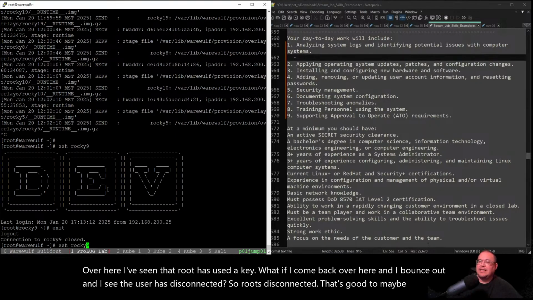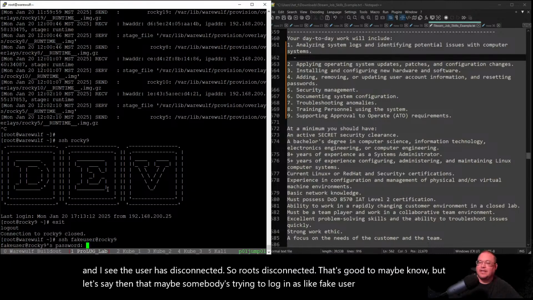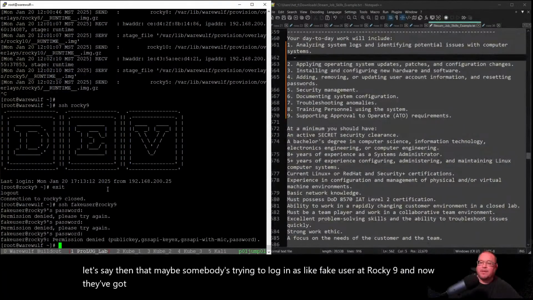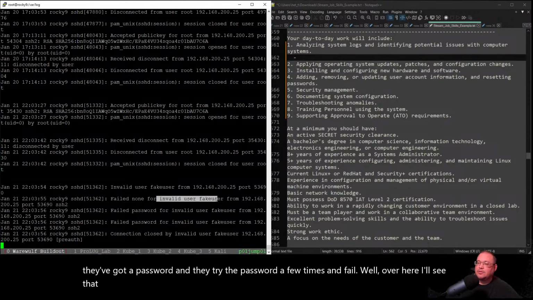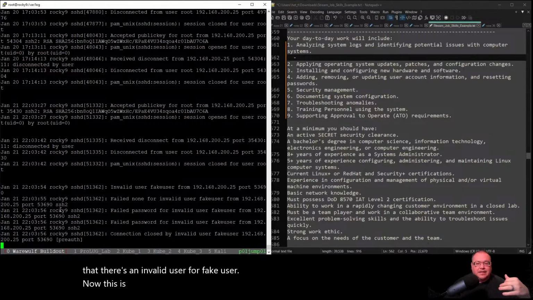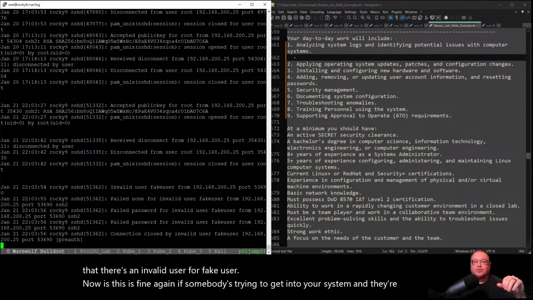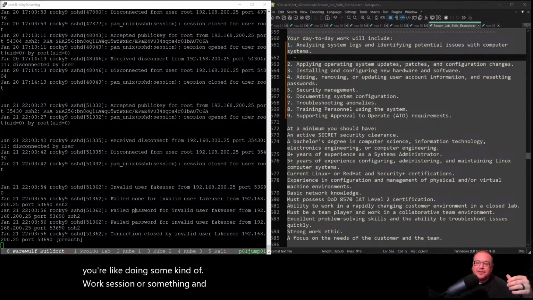But let's say then that maybe somebody's trying to log in as a fake user at Rocky9, and now they've got a password, and they try the password a few times and fail. Well, over here, I'll see that there's an invalid user for fake user. Now, this is fine. Again, if somebody's trying to get into your system and they're on a call, or you're doing some kind of work session, and people are trying to get into your system,